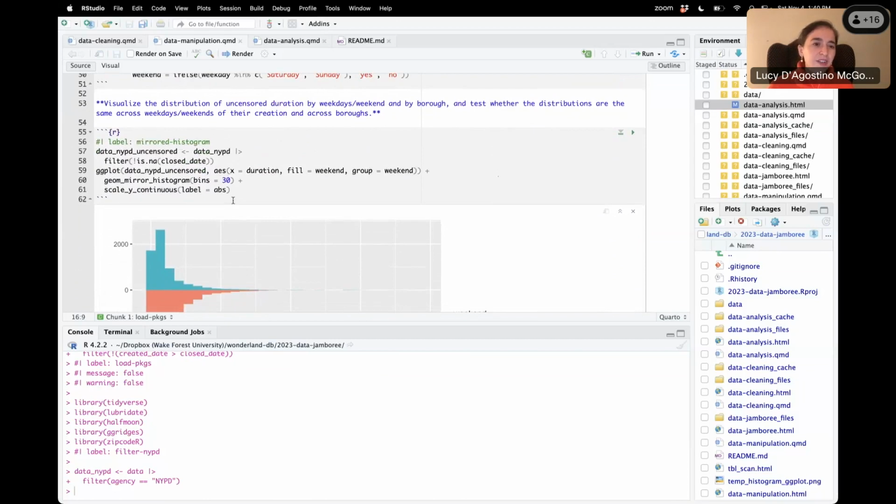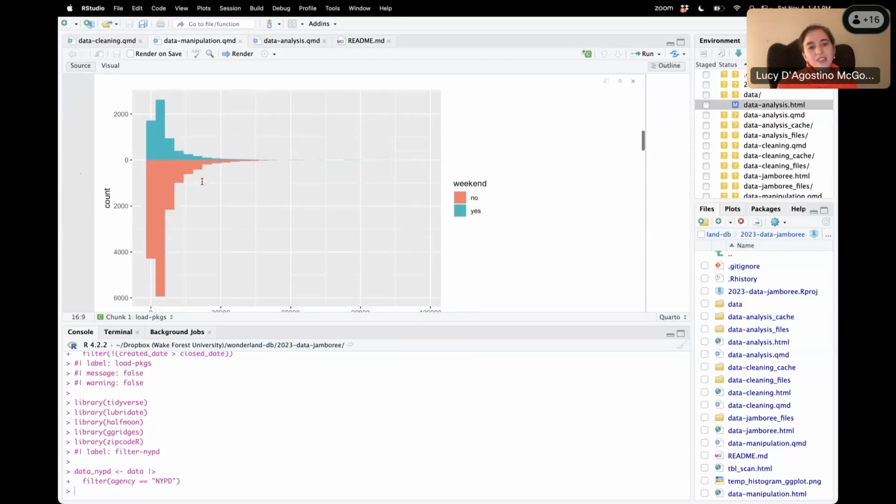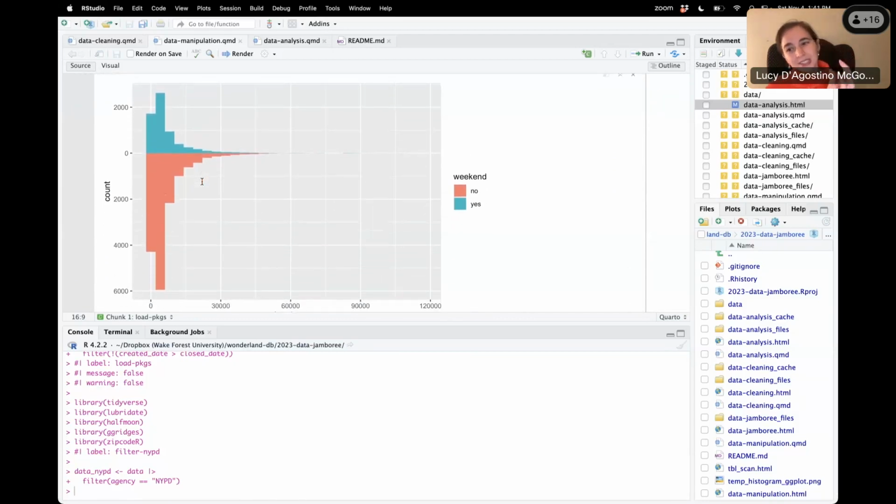I created a new dataset called nypd_uncensored for this next part. So we were first looking at ways to visualize the distribution of uncensored duration by whether it was a weekday or a weekend. So the first way I decided to try to visualize this was with a mirrored histogram.